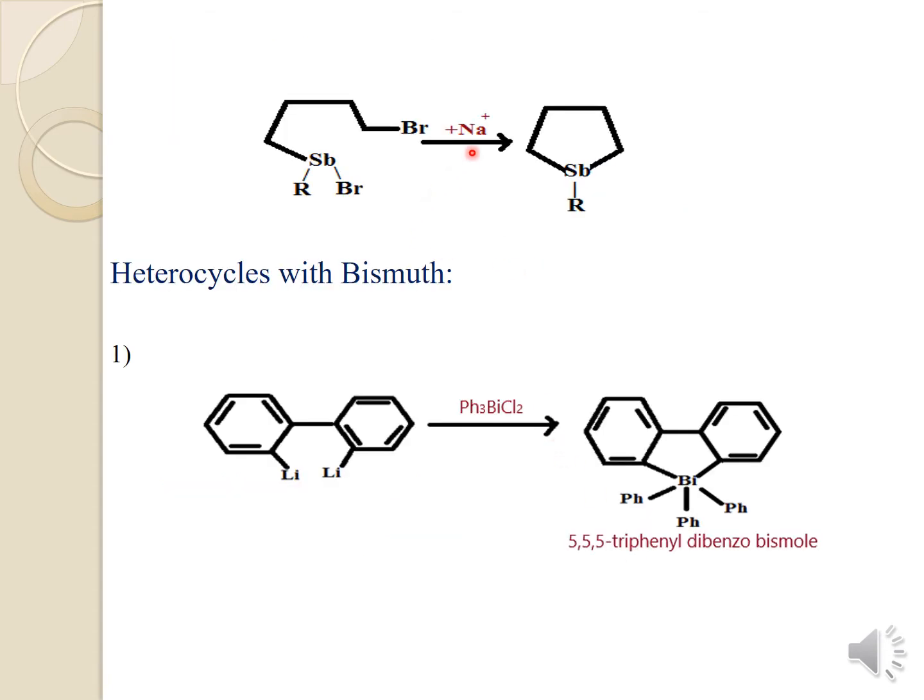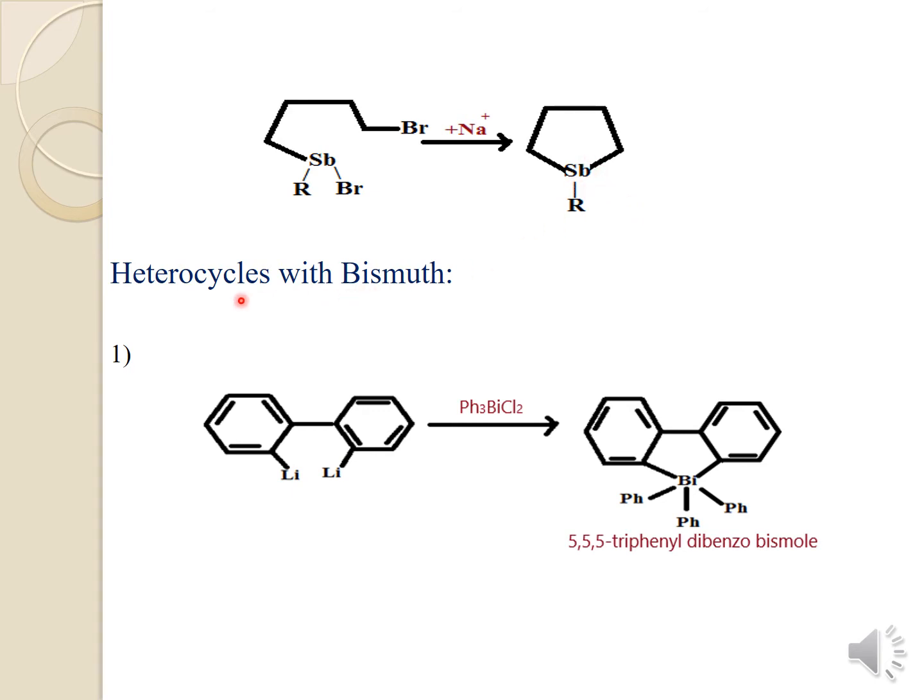So here what happens, we are taking a metal such as sodium, and then we are treating it with the dihalo compounds. When the dihalo compound is treated with the sodium, the sodium bromide gets cleaved out. The attack of the stibine compound, the antimony, will make one bond with the CH2 group with the cleavage of the Br, the NaBr gets cleaved out, and you will result in this structure. Then moving on, this will be like stibane compounds.